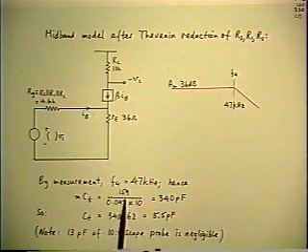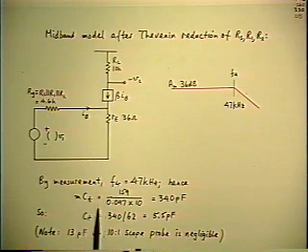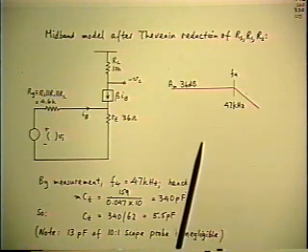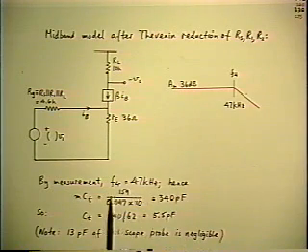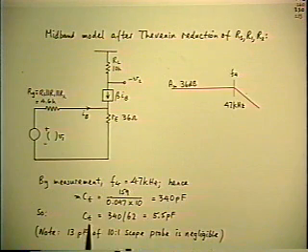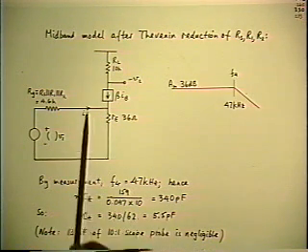Now, I started out by assuming that the CT was 5 picofarads, and 3.2 megahertz divided by 60 would be about 50 kilohertz, and I've actually measured 47. So I can work back, in fact, to find what the CT really was, which was a little bit more than 5